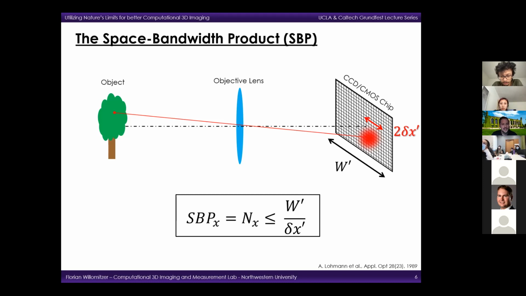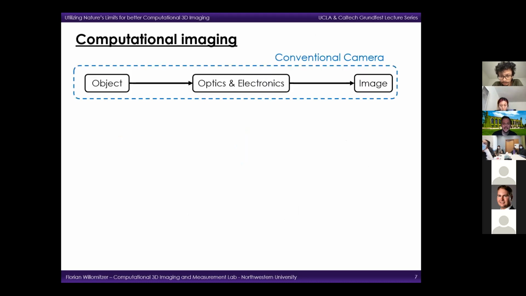So this example that I just showed you was from classical imaging. Some of you might be puzzled now what computational imaging actually is. And I have to say there are many definitions about that. And each of you working in computational imaging might have a slightly different one. Also depends a little bit if you work more on software or on hardware. So for the things that I'm doing, I like the following definition.